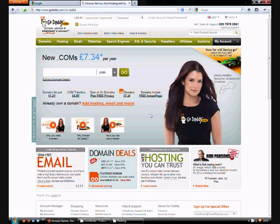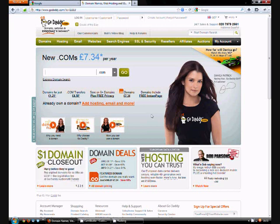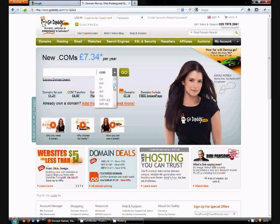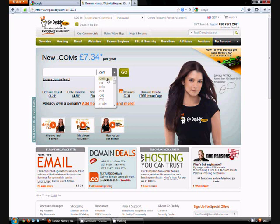I always use godaddy.com to get all mine from. They're very reasonably priced, great support. I'd highly recommend them. Now here on the home page you can select between the different URL endings, so you've got .com, .biz, whatever you want. I'd always recommend .com though, because everybody associates website addresses with .com, so you're more likely to get hits with